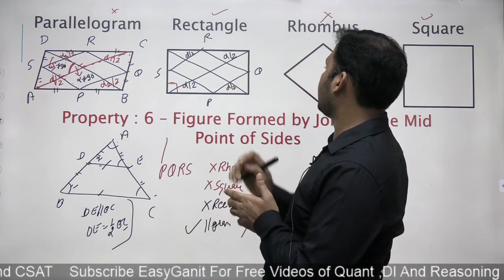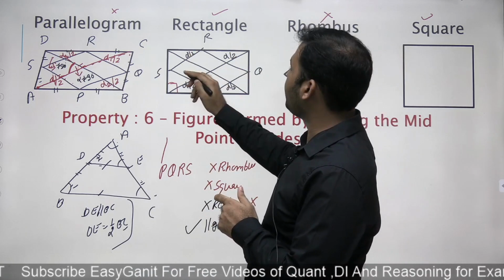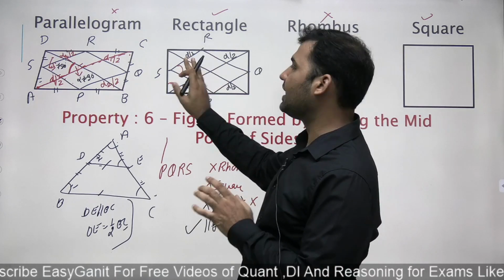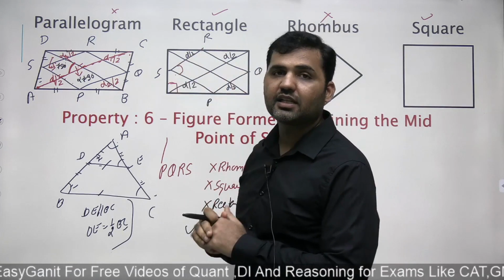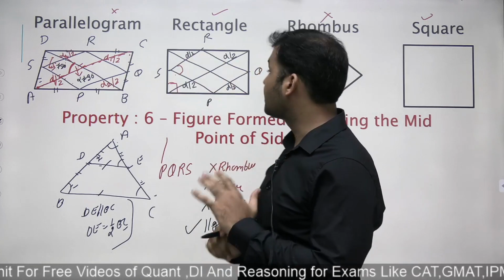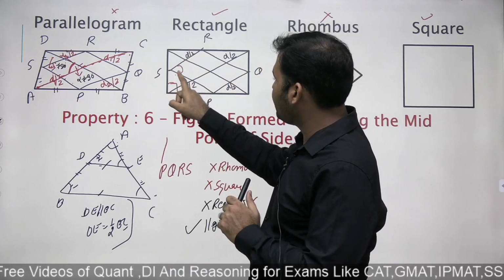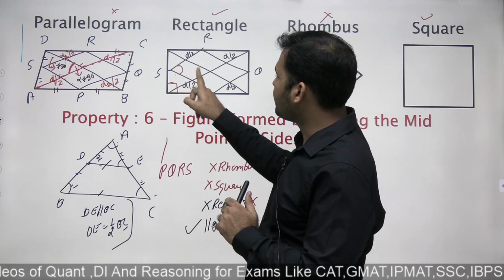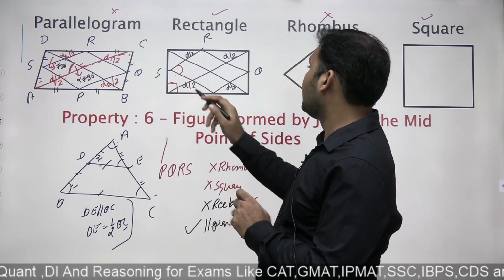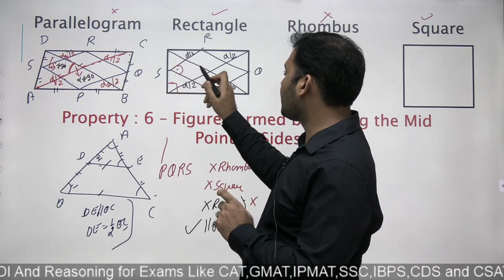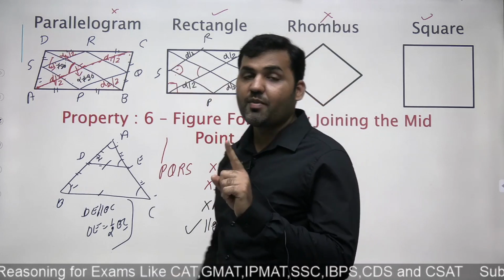Now okay, all four sides are equal. Now tell me, if this is 90 degree, then it will be a square. If this is not 90 degree, then it would be a rhombus. If now this small figure is a parallelogram, ये साइड इसके पैरेलल है, ये साइड इसके पैरेलल है। तो अगर इसको 90 प्रूव करना है तो इसको 90 प्रूव करना पड़ेगा। Now you go back to the property number